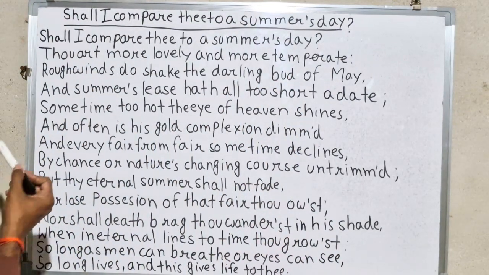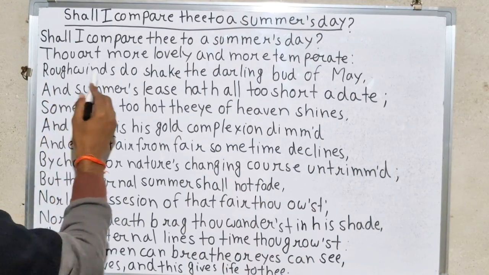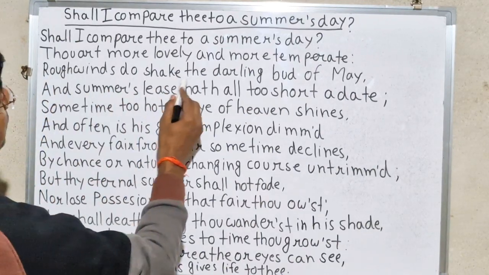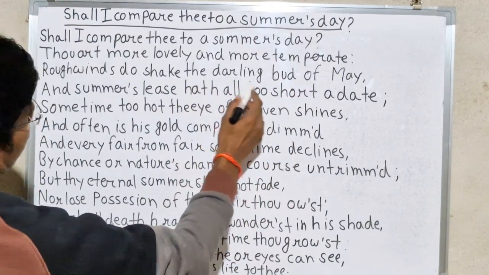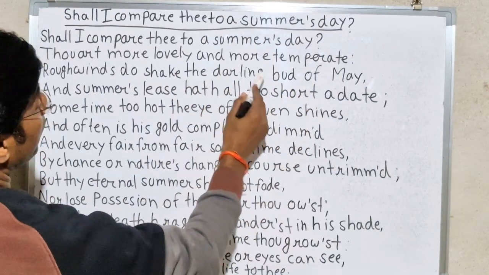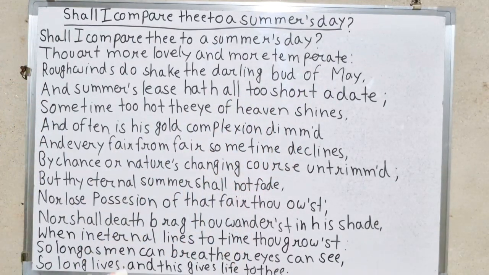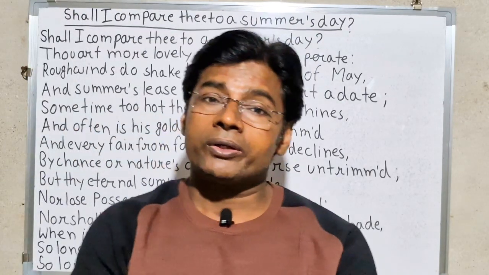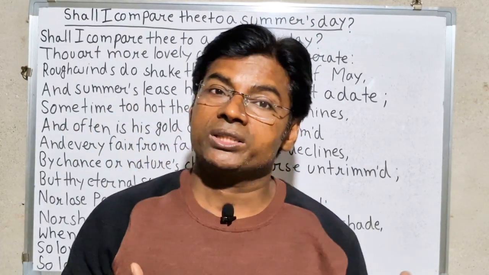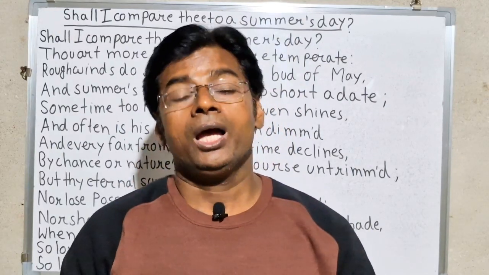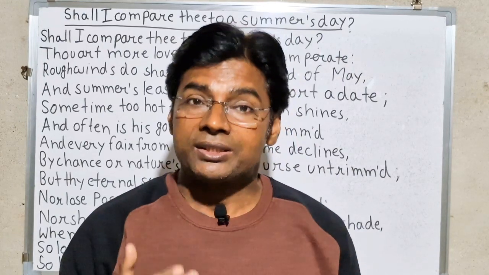See this? Rough winds do shake the darling buds of May. Darling buds of May. So this is the beautiful imagery Shakespeare has used in the third line of the poem. He says that summer is known for its beautiful objects like flowers and the greenery and so many other things. But he says,